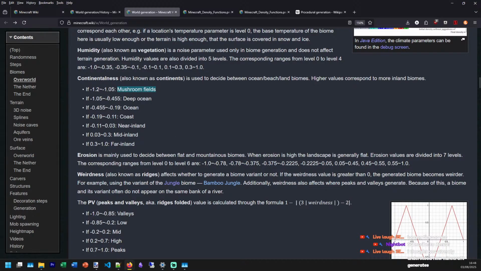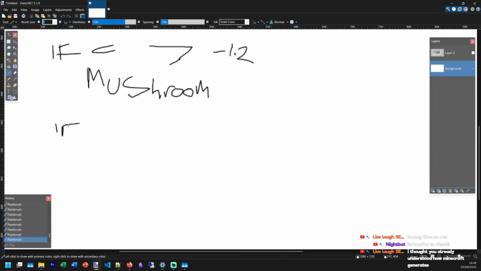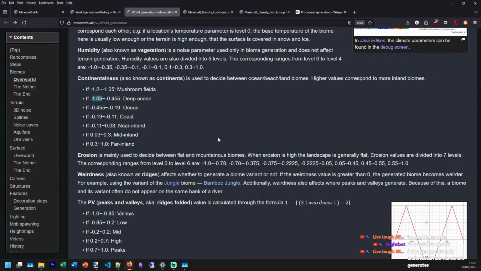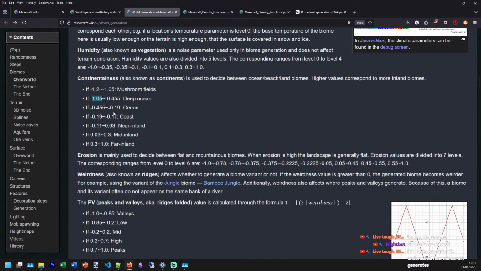And then let's say if it's greater than, wait, less than. If continentalness is greater than negative 1.05. That's such a forgettable number.